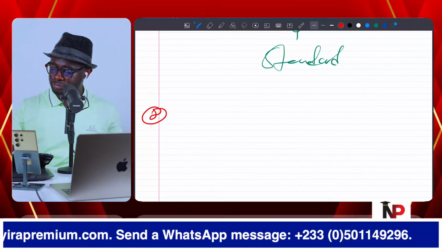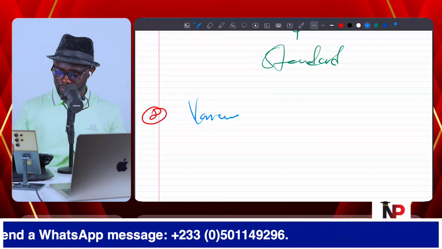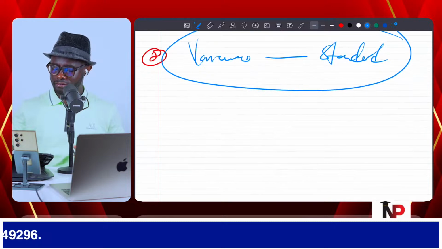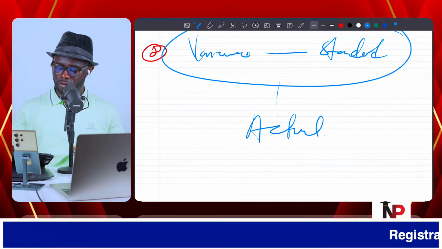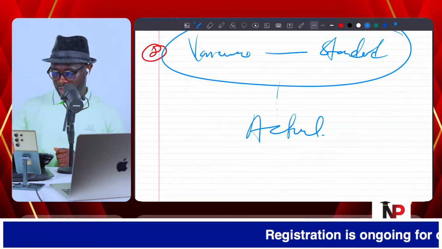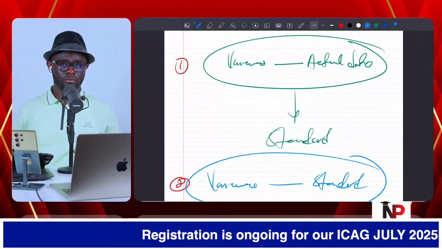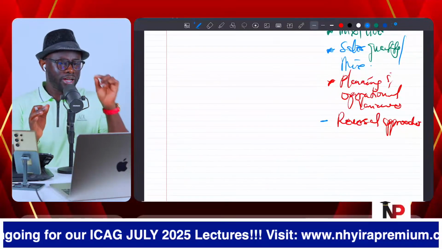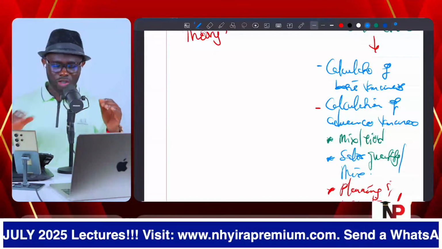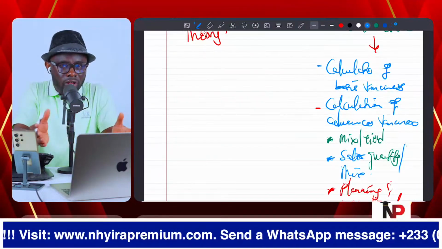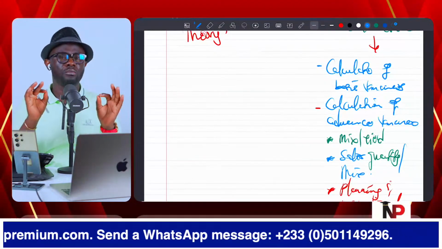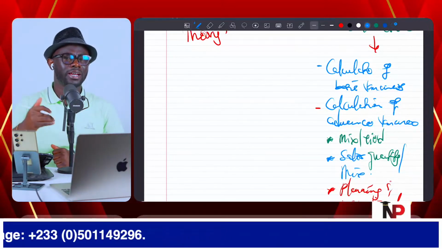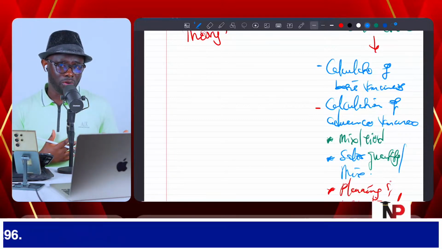Or number two, you are given the variance with the standard, and the examiner says, hey, guess what? Give me the actual information. That's what you need to understand there. That's what I mean by the reversal approach. So the examiner can still go with you. Now, if you have done your basic variances well, the reversal approach should not be a problem for you. But it's a type of question that the examiner can bring to us in the exam hall.